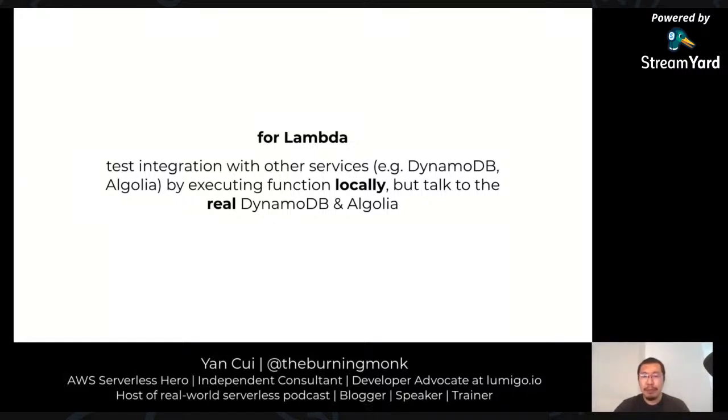I don't tend to use mocks or stubs for DynamoDB tables or Algolia, things that I depend on, or I try to simulate them locally with things like LocalStack or DynamoDB Local. What I find is that those local simulation tools take too long to set up to have them working properly, and they're quite brittle as well. It's often far easier to provision the tables or indices in Algolia and just use them in my integration